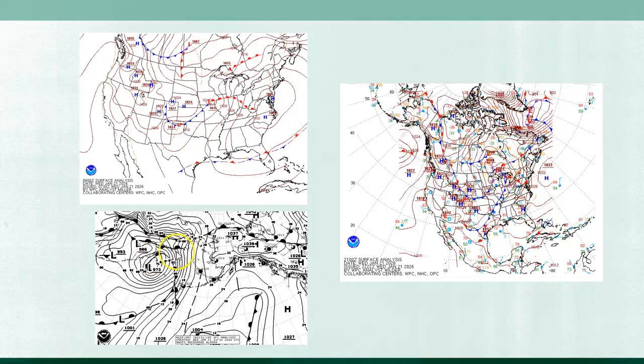This storm here, which is to the west of Alaska, this is Alaska right here, is a very strong storm. You can see the very tight isobar lines, which means that the pressure is changing very quickly as it moves towards that low pressure area. So the winds are very strong out in the Aleutians as this storm moves in,